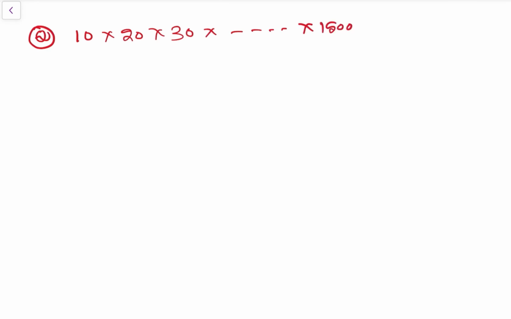1500. So now this can be written as 10 into 1, this can be written as 10 into 2, this can be written as 10 into 3, into so on, this can be written as